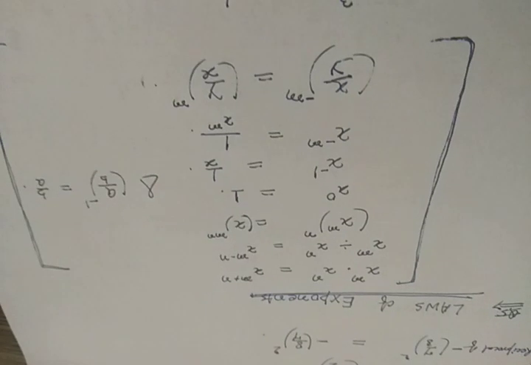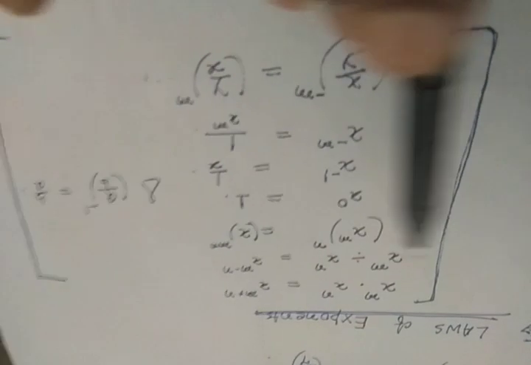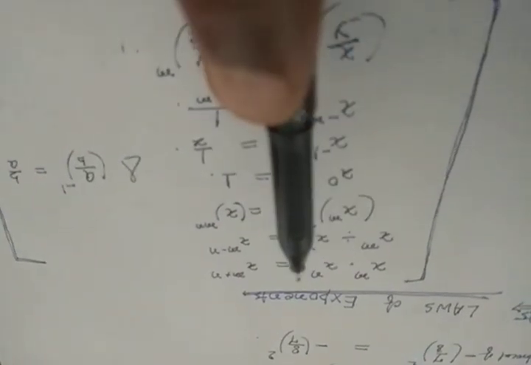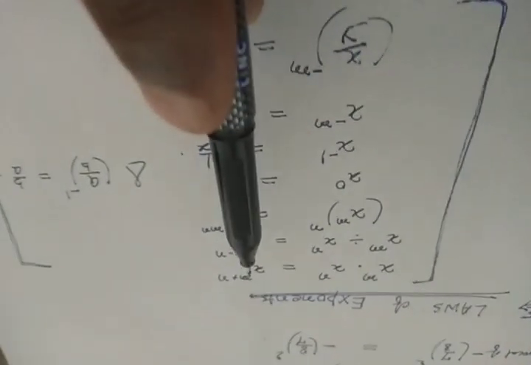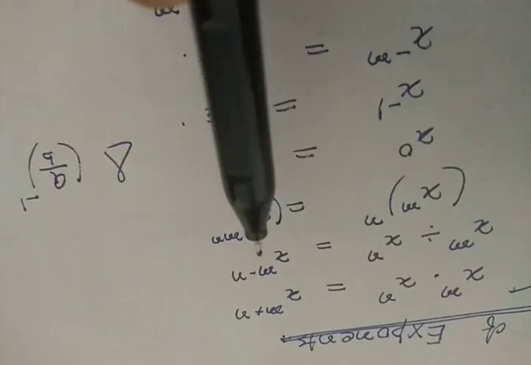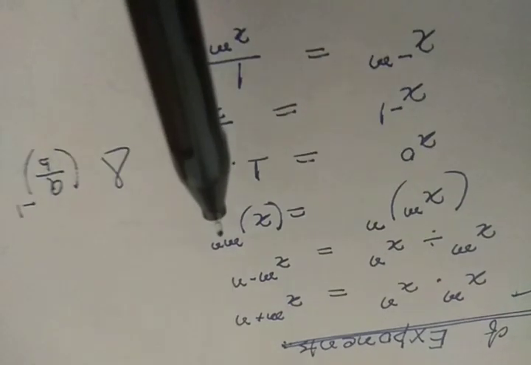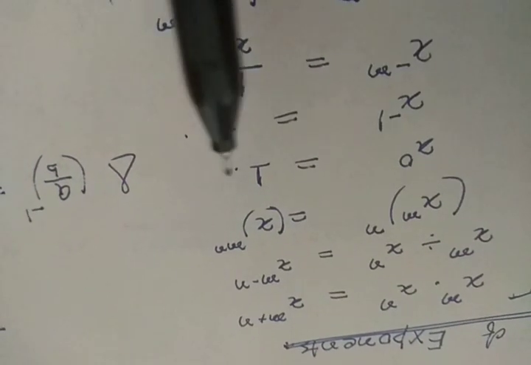Now students, for the next worksheet, I am just going to mention all the laws at the same place. This is divided in so many worksheets in your book, but just learn at a time. Just see. x to the power m into x to the power n can be written as x to the power m plus n. That is, in case of multiplication, power is added. In case of division, power is subtracted. Now, x to the power m to the power n should be x to the power mn.